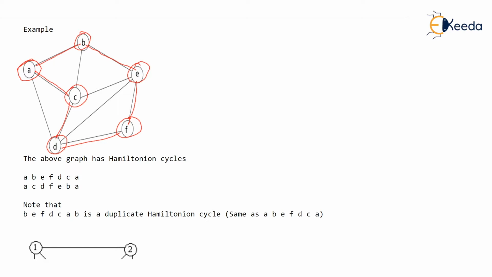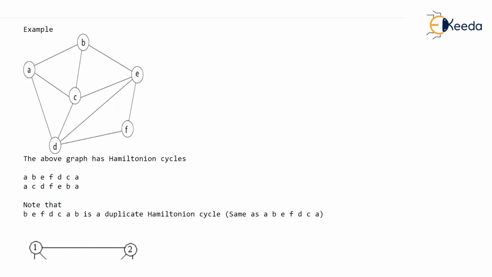In doing so, you have not used a few edges at all. A few edges are not used at all, you see. But the problem is not about using all the edges. The problem is about visiting all the vertices exactly once, and that we have done. So this, what I am ticking, is a cycle which was explained just now. But there exist many more cycles like this.